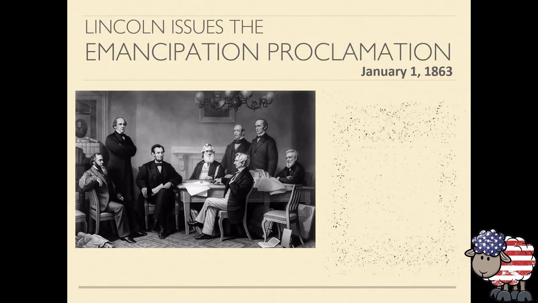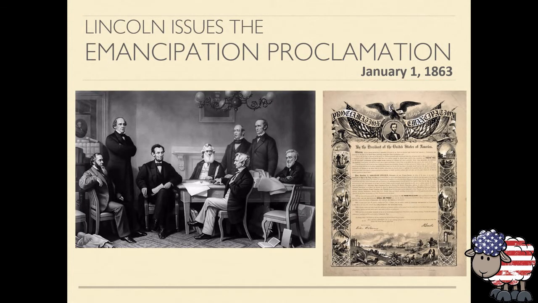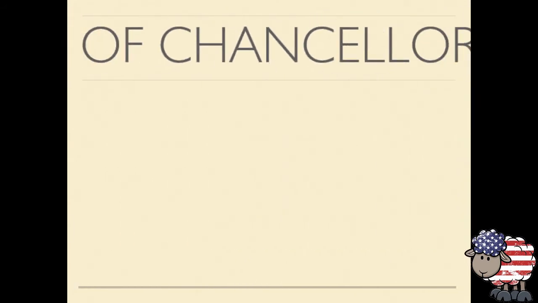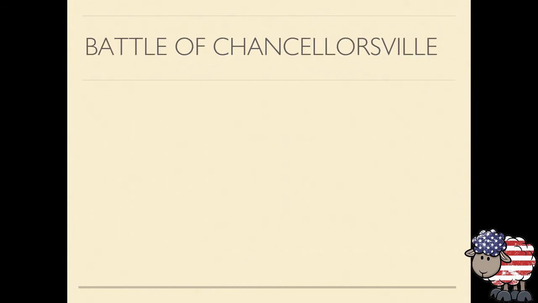Now continuing along with the Civil War battles, we enter May. A lot of fighting does not take place during the winter months. But May 1st through 6th, 1863, in Virginia, the Battle of Chancellorsville is a strategic and moral victory for Robert E. Lee against a superior Northern force.